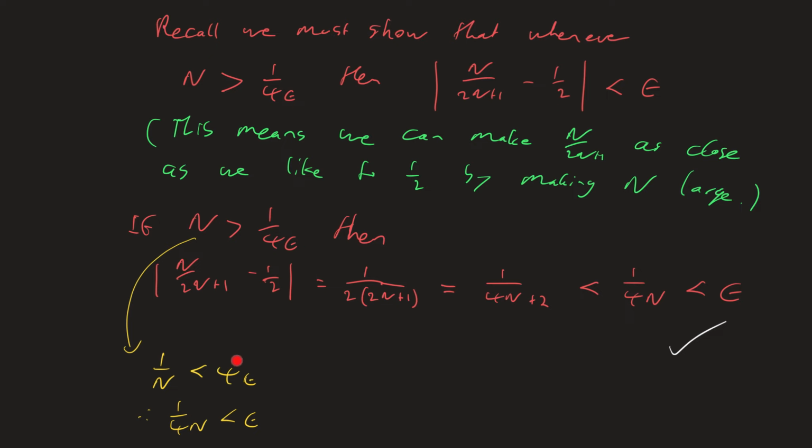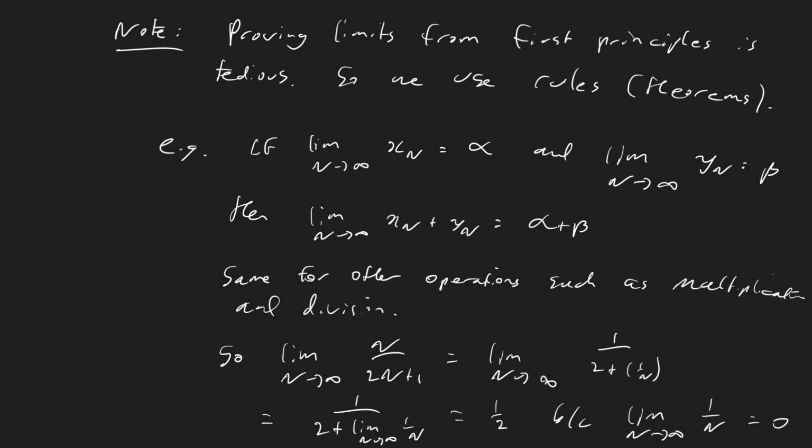Indeed, this calculation shows that we can make n on 2n plus 1 as close as we like to a half simply by choosing n to be sufficiently large, precisely greater than 1 on 4 epsilon. Once you've computed limits once or twice from first principles, you find it's very tedious. And that makes us appreciate the theorems we have in calculus textbooks that tell us such things as, if the